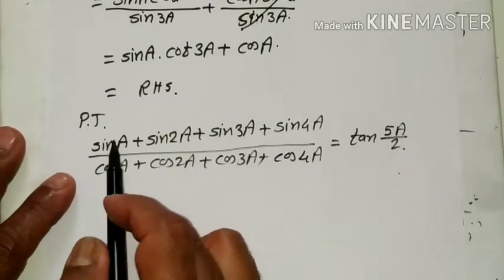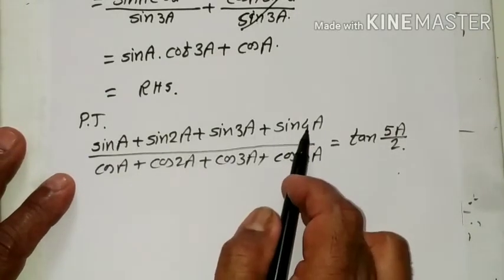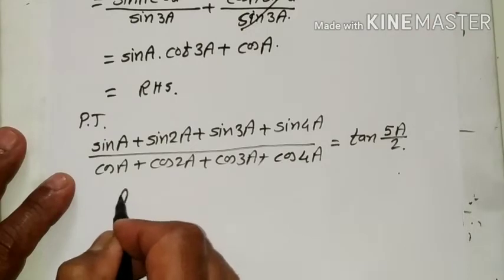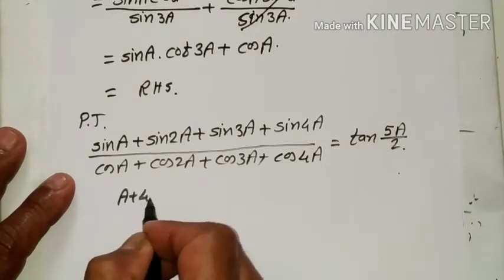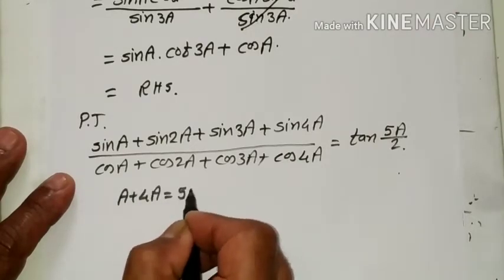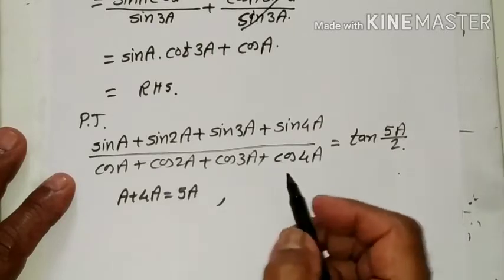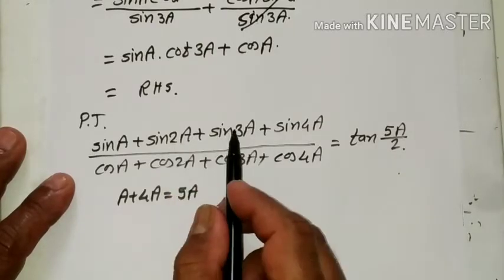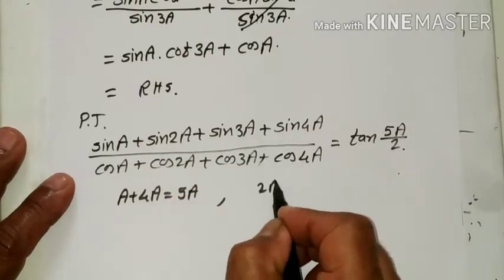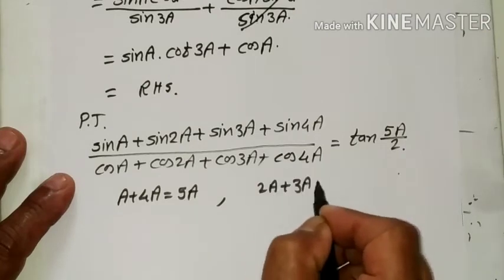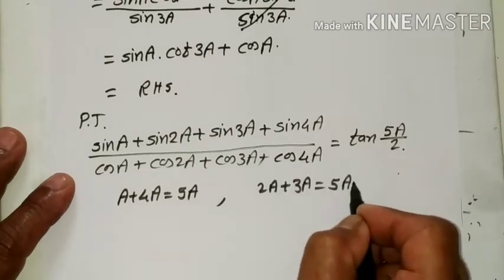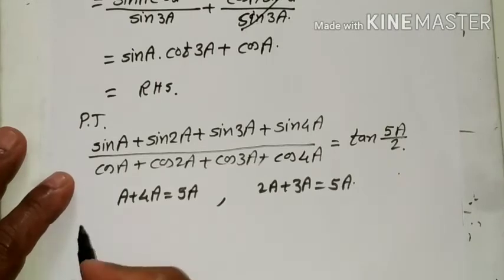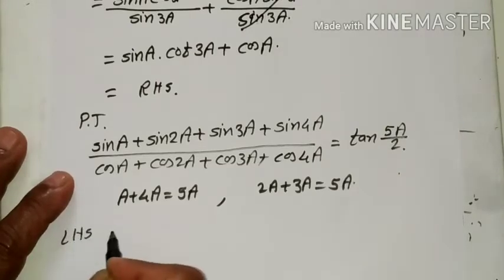Consider the first term and last term: a plus 4a is equal to 5a, and the remaining two terms, second and third, 2a plus 3a is equal to 5a. Then LHS is equal to